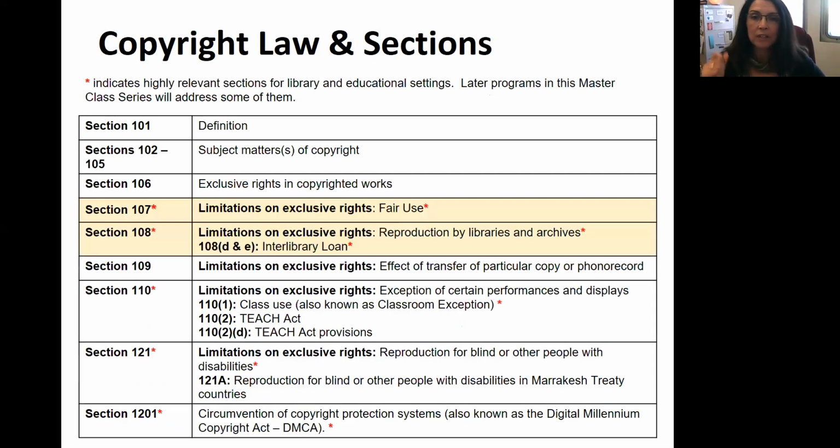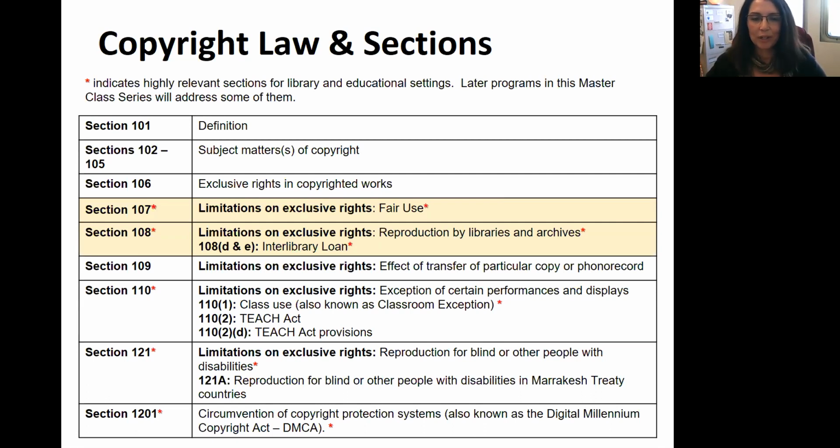All right, so I promised I wouldn't scare you too much with too much law, but rather just give you a brief introduction to some of the foundational things that influence copyright scenarios and decisions you could make. Copyright law is a pretty dense work, but I was able to break it down in these main sections. It does have certain sections where you can expect to find certain parts of the law,